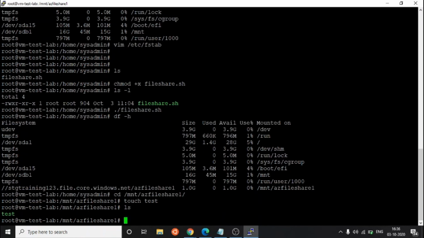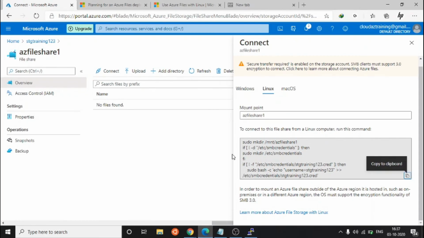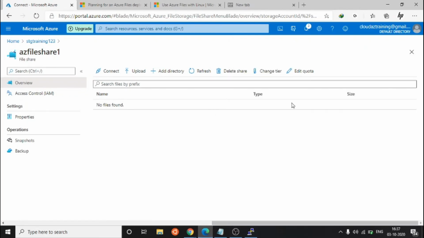It will reflect directly in your Azure file share storage. Just go to that file share. Currently, as we can see, there is nothing. Just refresh, and test came here.